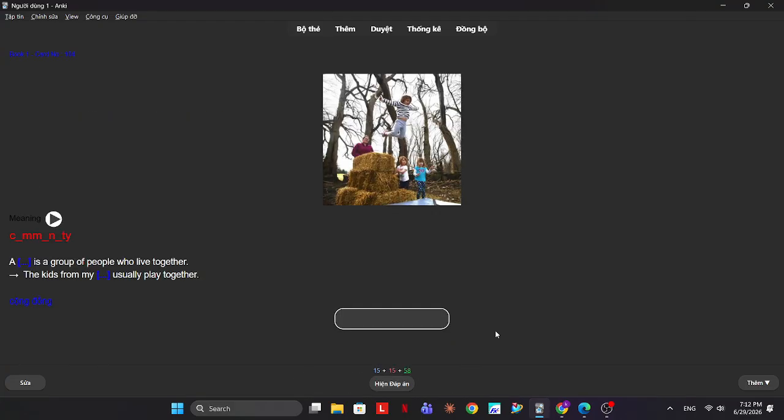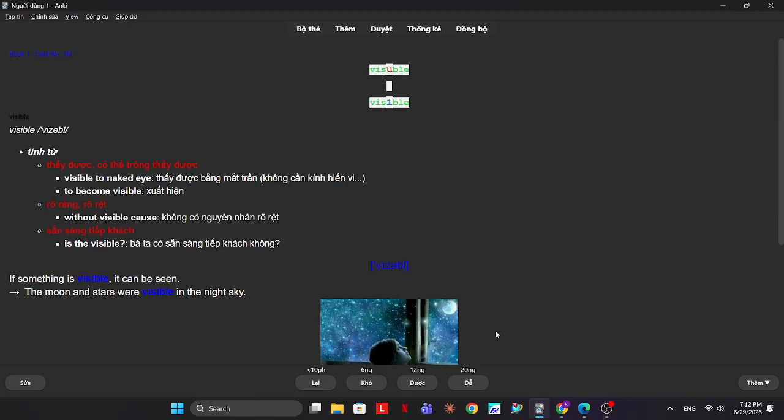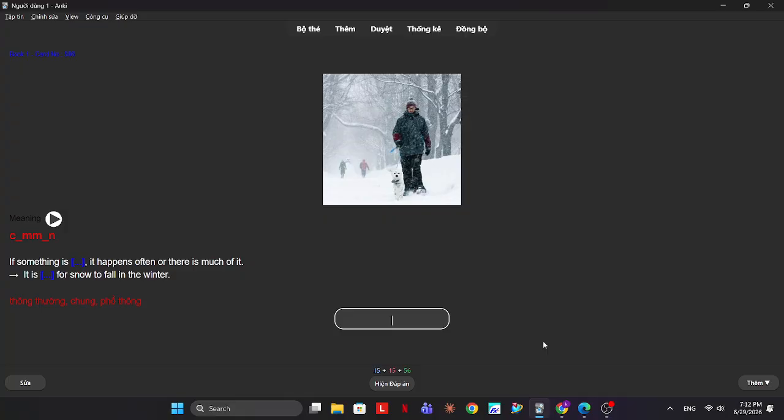A community is a group of people who live together. If something is visible, it can be seen. If something is common, it happens often or there is much of it.